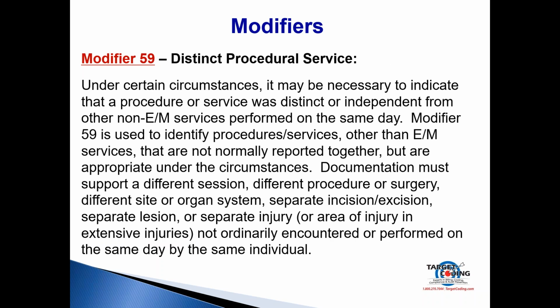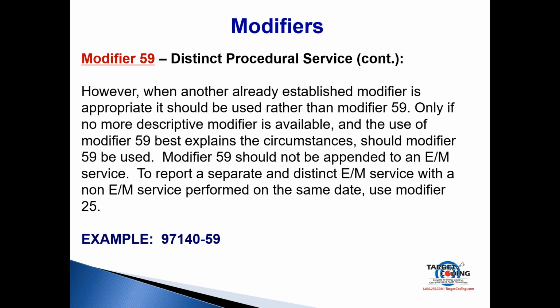Next, Modifier 59. It means a distinct procedural service was provided. Under certain circumstances, it may be necessary to indicate that a procedure was distinct and independent from other non-E&M services. Your documentation must support that a separate structure was treated. One of the most common examples is right there on your screen,